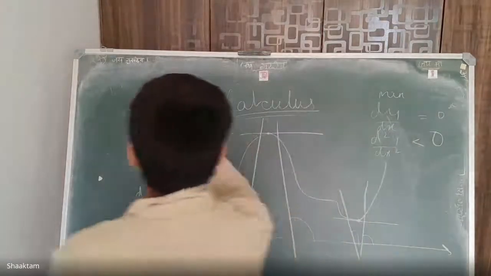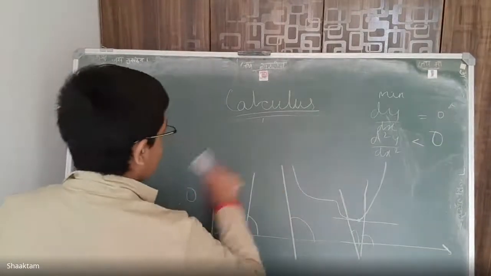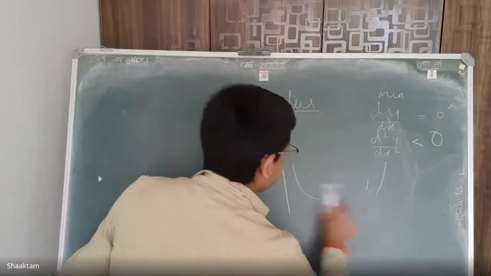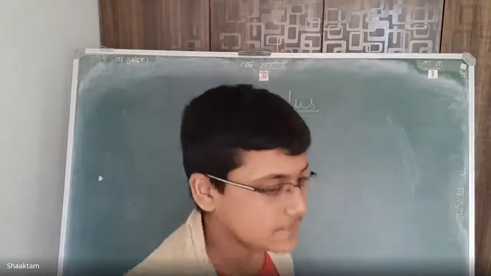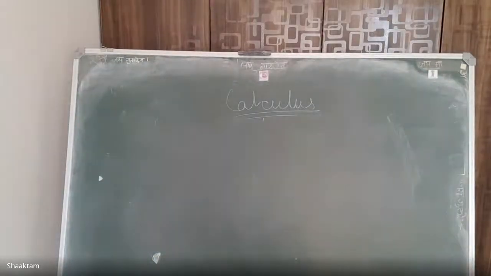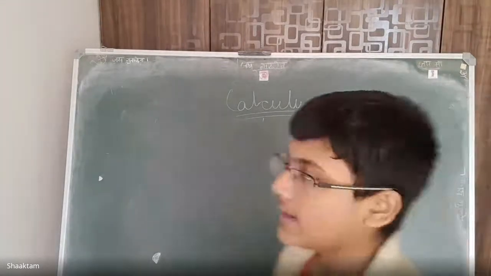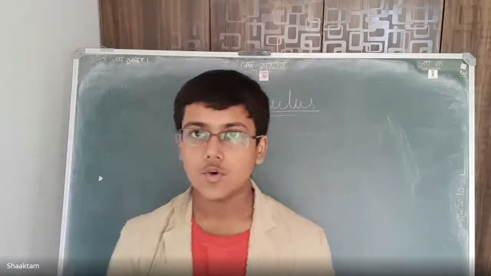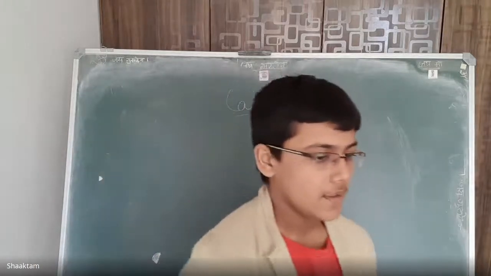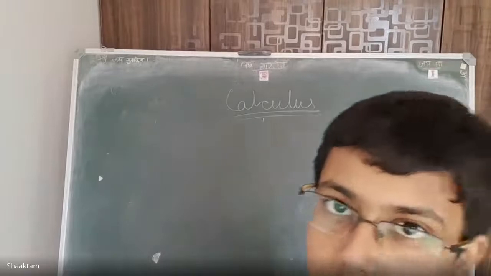The height reached in a time t by a particle thrown with speed u is given by the equation